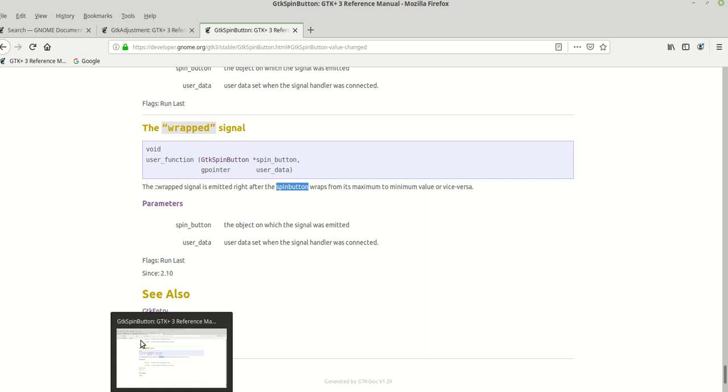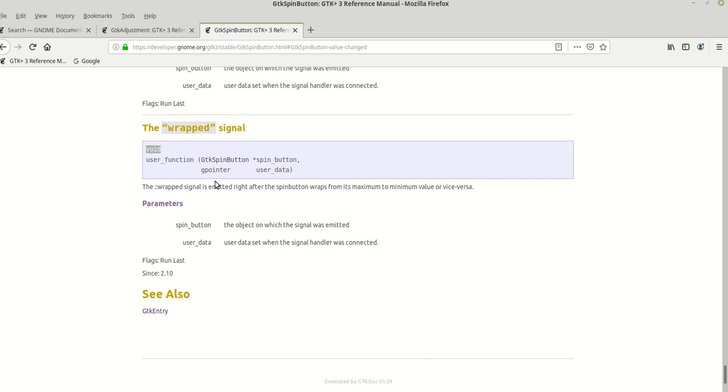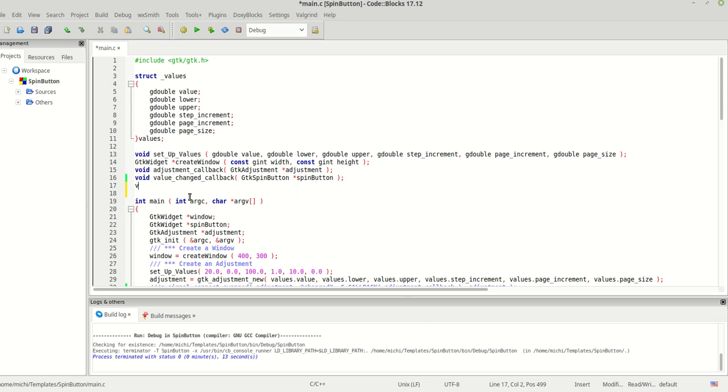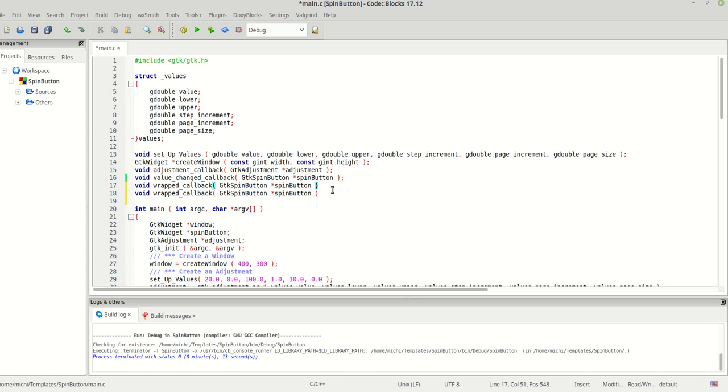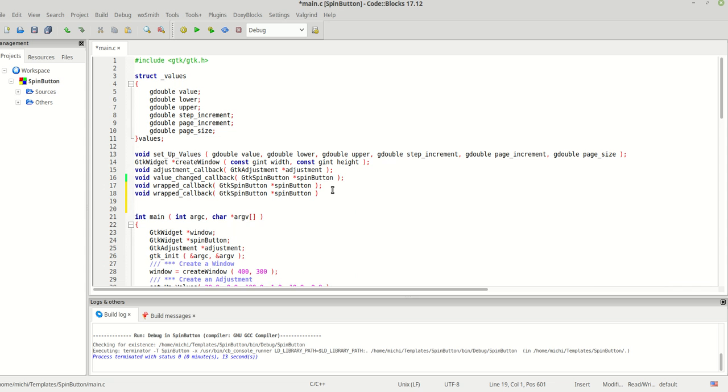Again, let's go back. It says it is a void function. Okay, so we are going to do a void function, rapid callback, and we are going to pass our GtkSpinButton here. Okay, and now anyway,